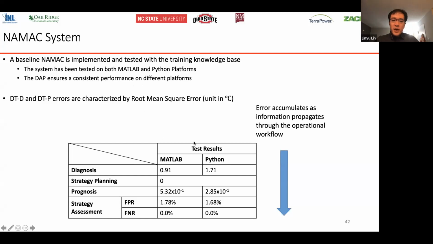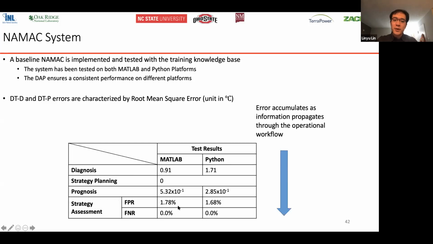And another thing is because we have an operational workflow that connects digital twins, from one digital twin to another. That means the error of digital twins may accumulate as the information propagates through the operational workflow. So in this case, the error accumulation starts from the diagnosis and propagates all the way through the assessment. And at last, we're finding